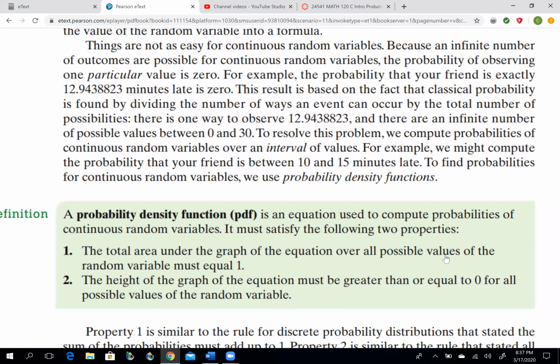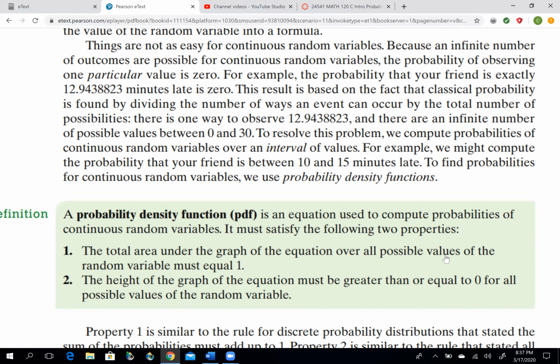Okay, guys, the definition: a probability density function, PDF, is an equation used to compute probabilities of continuous